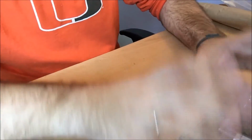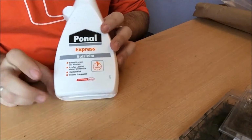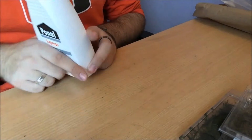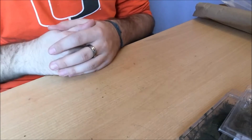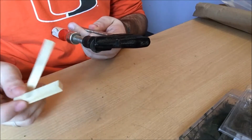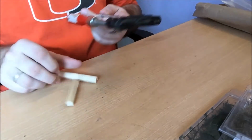So those are the materials that you get in the kit, and there are some other materials that you need in order to assemble those trees. You need white glue, and I use very, very expensive German white glue. The one that I have here, the Express, is probably not the best one because it cures quite fast, so you will always have to put more into your cup or wherever you put it, just so you have it readily handy. You need one of those, and I would suggest you just cut up two wood pieces so you can